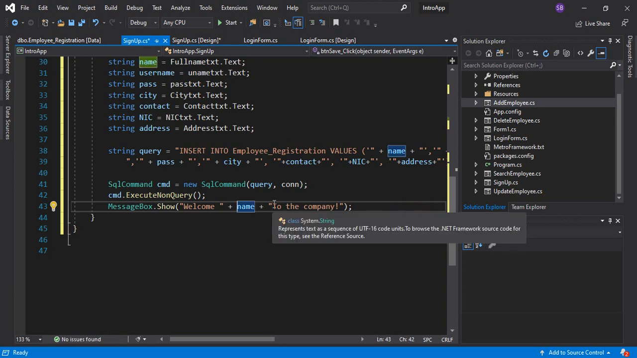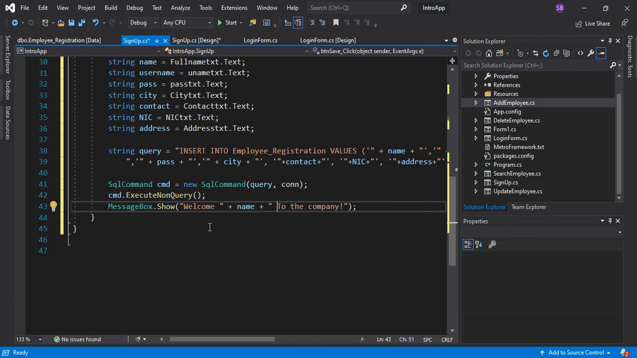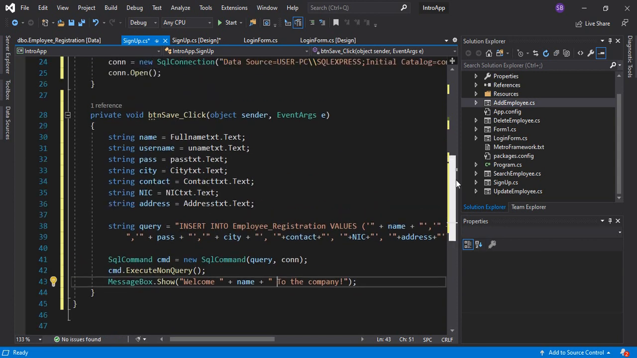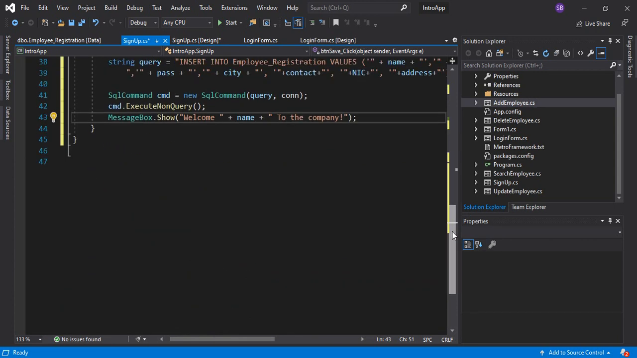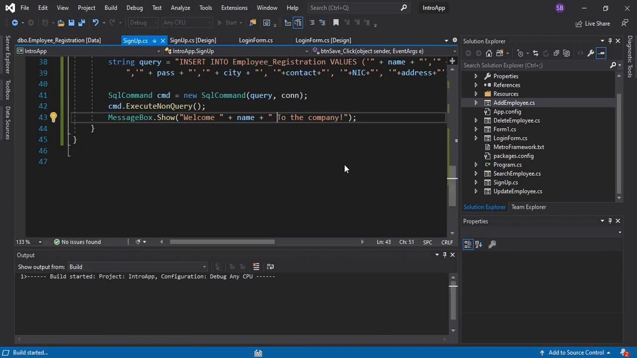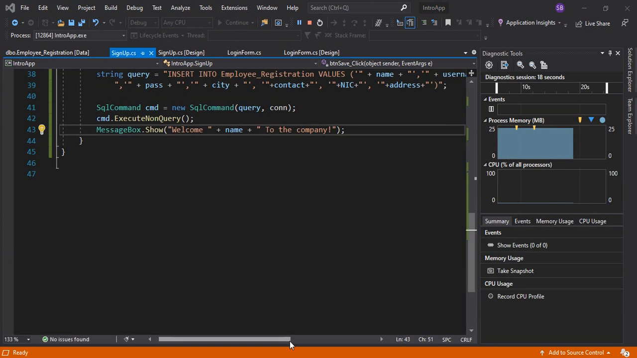Welcome name to the company. So he or she will receive this welcome message as soon as they click on sign up if they have signed up properly. So yeah, it's done. Let's just run it and check if there is a person